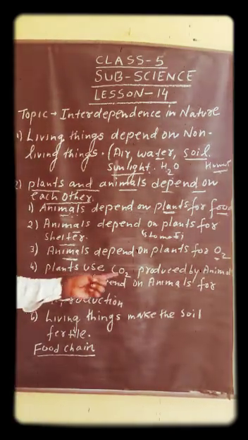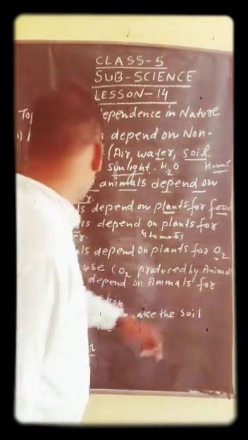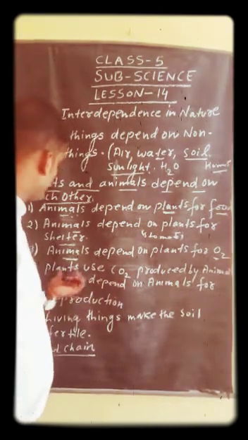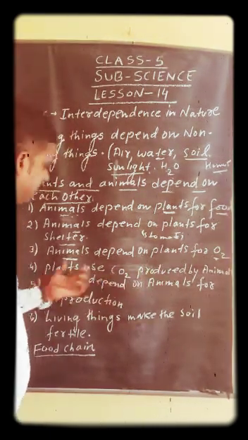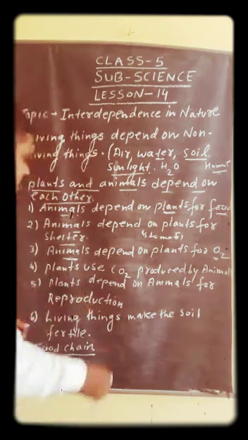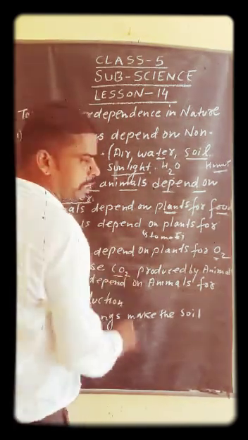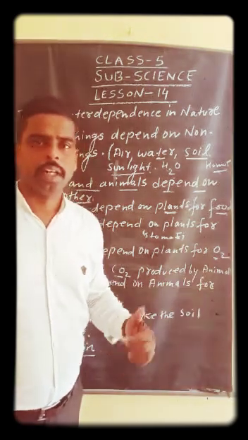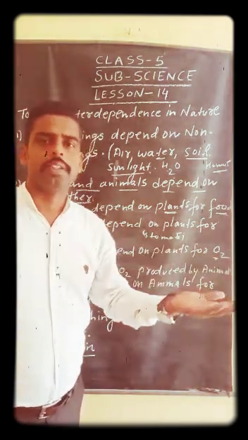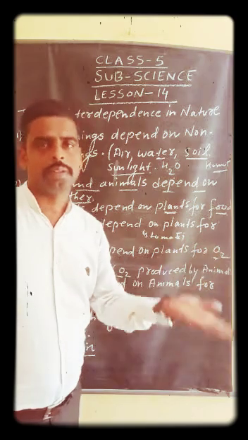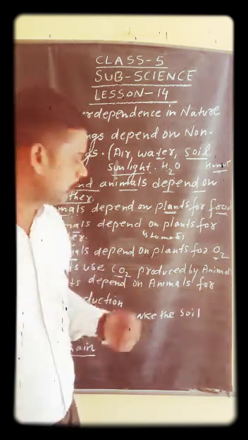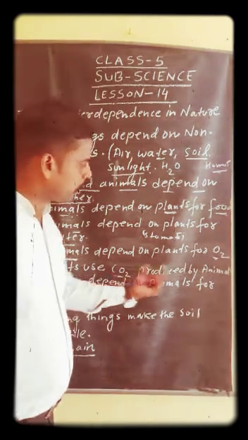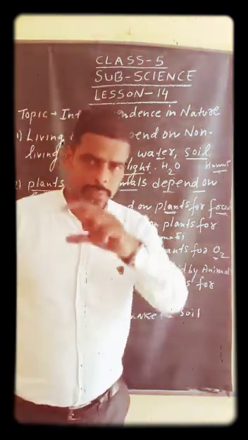Fourth, plants use carbon dioxide produced by animals. Without plants, animals cannot survive. They are interdependent on each other. Plants need carbon dioxide to make their own food, and the plants get this carbon dioxide from the animals. In between, they release oxygen gas. So we need oxygen gas for survival. And the plants need carbon dioxide gas to make their own food, for the complete process